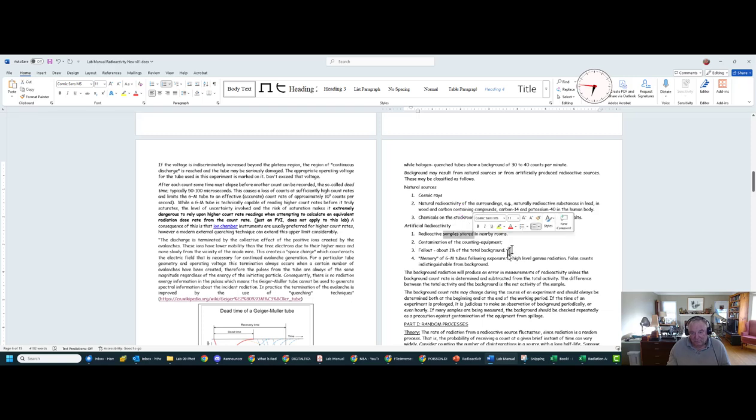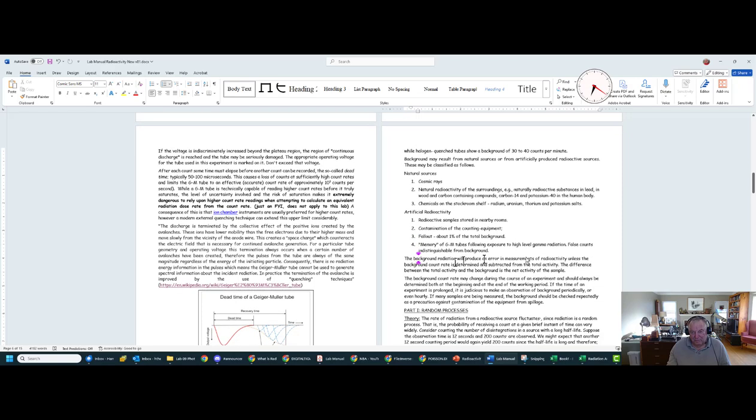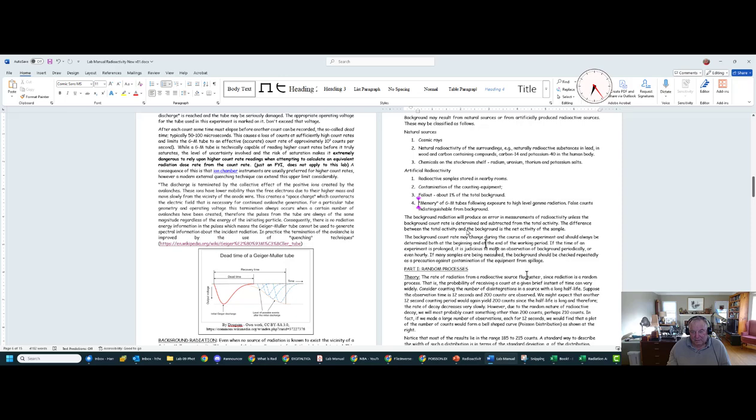let's see. The samples could be stored. The equipment gets contamination. That's not good. If somehow the sources are sealed, but sometimes they, I wouldn't worry about that. Fallout. Oh yeah, we used to test nuclear weapons in the atmosphere. So that's there. And memory of the following exposure to high level. Well, don't worry about that. That's stupid. I guess it's true. I've never heard of it before. So in any event, the background gets added on, and it